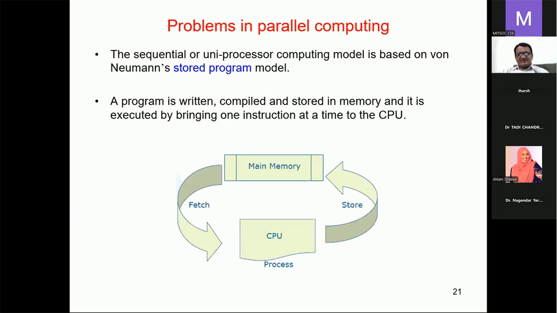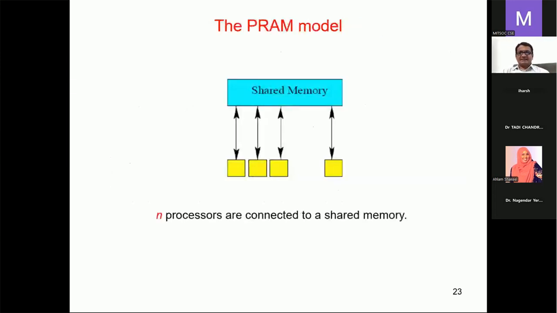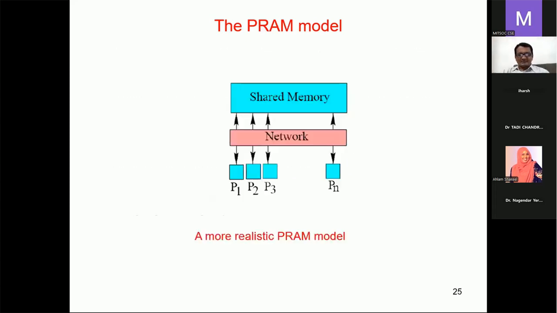So let us note that parallel computing is still in use, and there are a lot of efforts at the processor level, like instruction level parallelism and concurrency, and all these factors are being incorporated in the design. But now our objective is to see how we can do better than what we have discussed as parallel computing architecture. This is the simple PRAM model we have discussed, but our objective is not to discuss the PRAM model, but to see